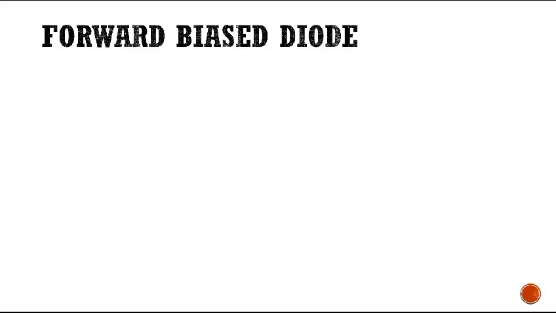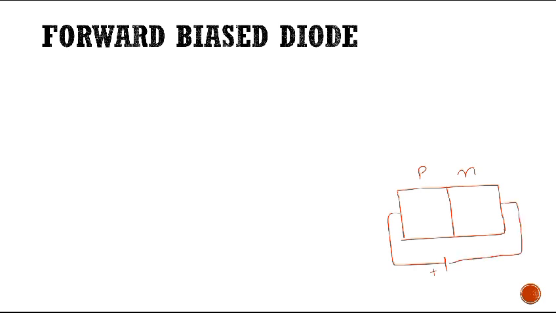Forward biased diode. In a forward biased diode, the P region is connected to the positive terminal of the battery and the N region is connected to the negative terminal of the battery. We know that holes are the majority charge carriers in the P region and electrons are the majority charge carriers in the N region. Now, when this source voltage Vs is greater than